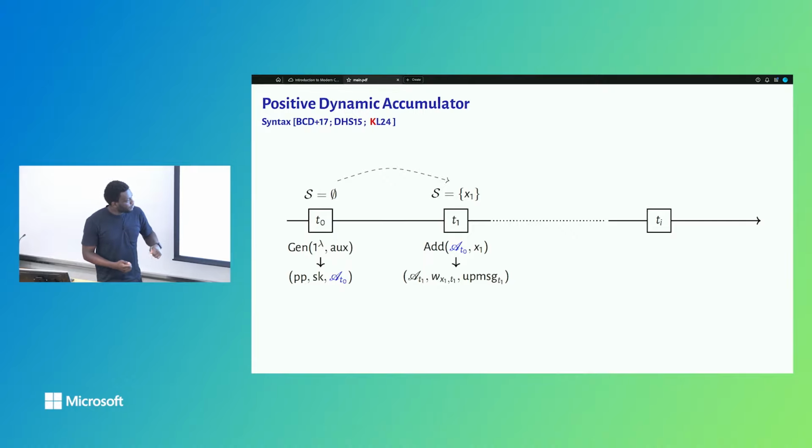And WX1 here, it's going to be a certificate that attests that X1 is really in the set represented by the accumulator. Okay, so we can do it this many times, and now say we have an accumulator that represents this set S here with X1 to XM and Y,